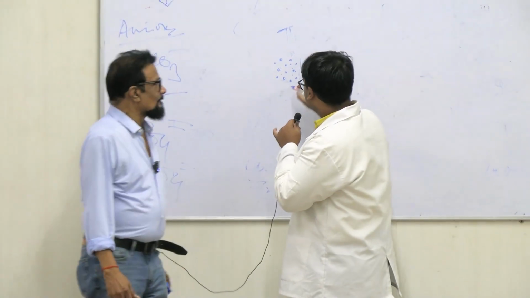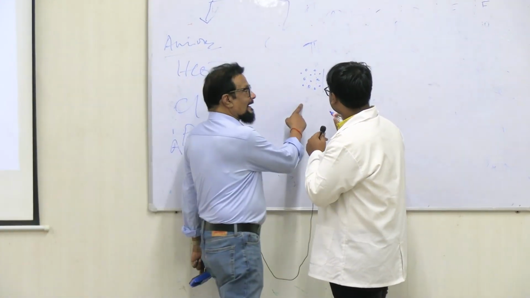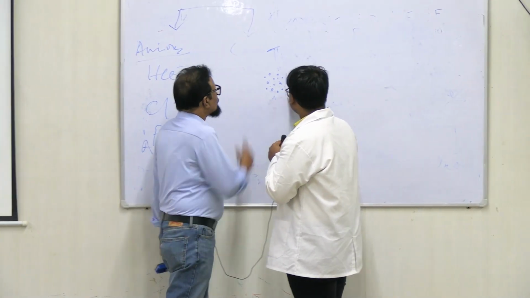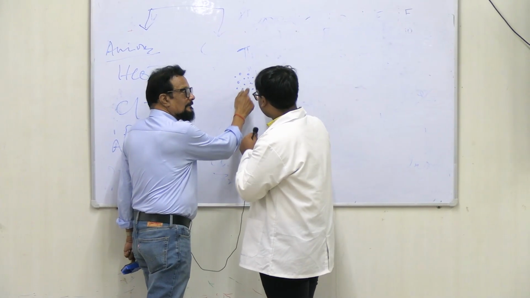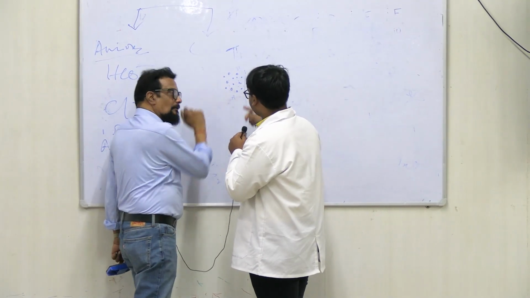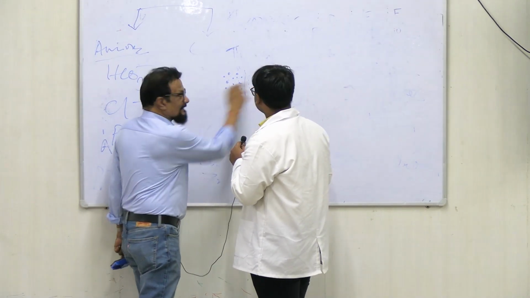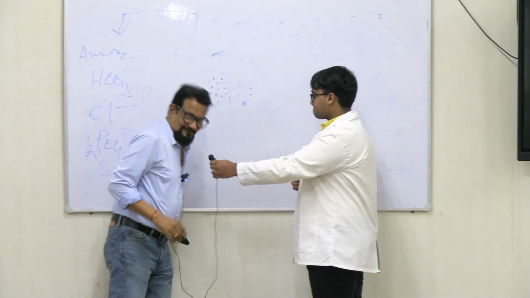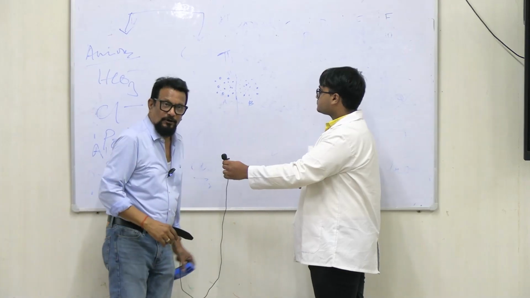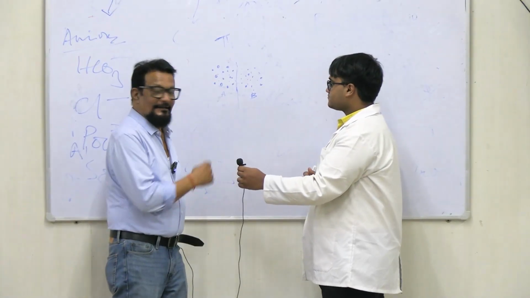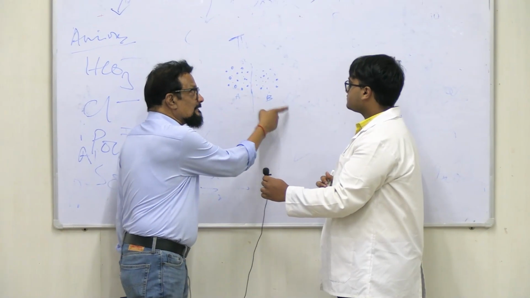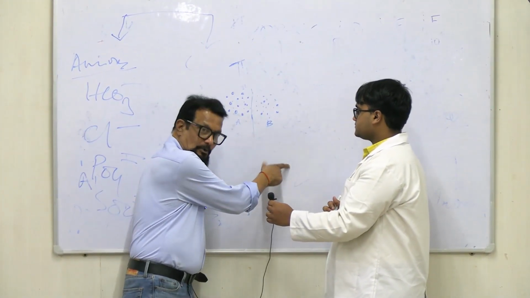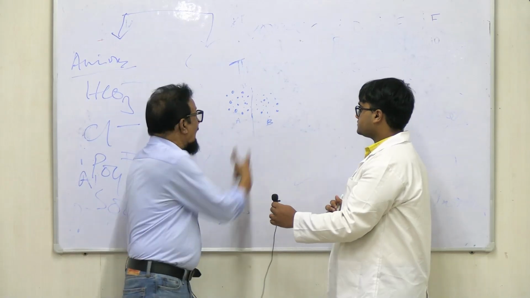So here we have two solutions, solution A, solution B. So this is A, this one B. The smaller ones are solvent molecules and the bigger ones are solute. Here in B we can see solute is less. Solute is more here. So which one is hypertonic? This is hypertonic in relation to this, having higher concentration. This one is having lower concentration, means hypotonic. And this is a membrane,